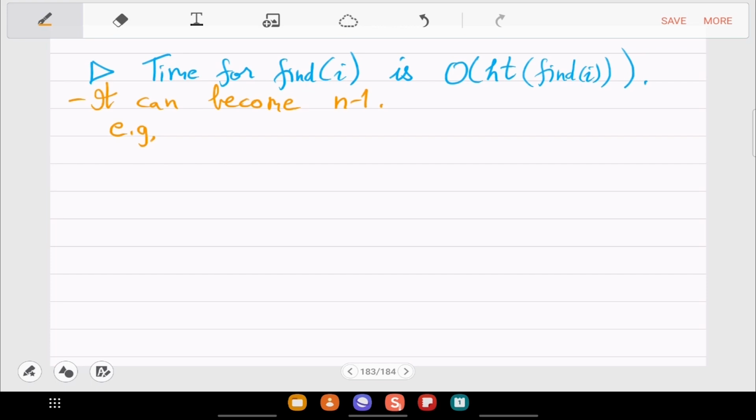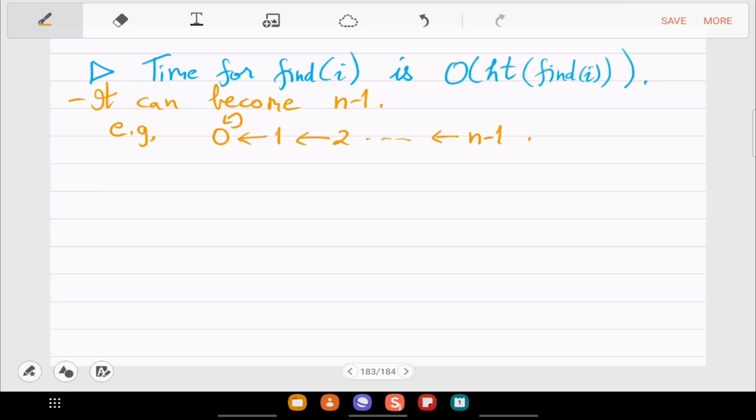Because what you may have is this chain, where the sequence of unions were, I think, you take union of 0 and 1, then you take union of 1 and 2, and so on.